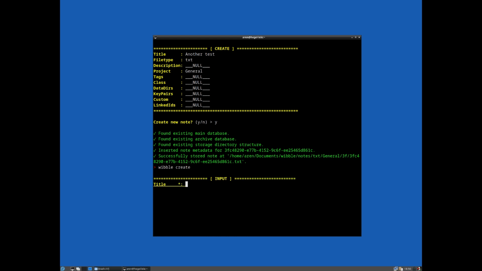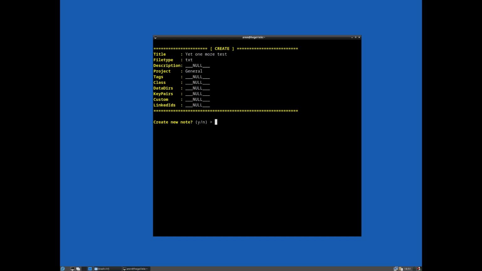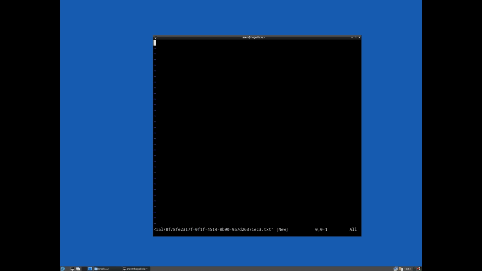We'll create one more, yet one more test, txt, we'll just leave all the rest blank, and you'll note that if we don't enter the project, it defaults to general. So basically, if you don't specify a project, it will end up under the general part of the tree. One more test,